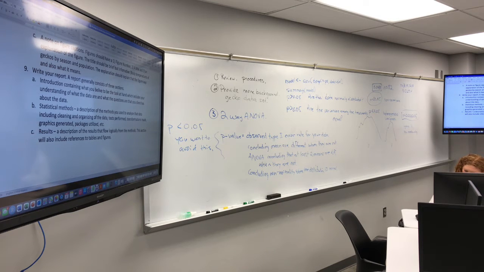The reason I want the R Markdown file is so that when I read your report and something looks wonky to me, I can go back to your R Markdown file and see what happened and why you generated the thing that you generated. So the nice thing about the R Markdown files is that they give me not only the code that you wrote, but it also gives me the output after you've written that code, which is why in your R Markdown file, it will make life easier on me